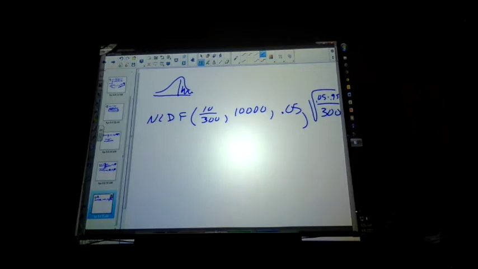Number 6, a manufacturer of cold medicine claims that 62% of adults will suffer from at least one cold during the winter. A sample of 200 adults is questioned. Is it random? It sure doesn't say it. Some of you are laying down and sleeping. I'm sorry for you. A sample of 200 adults is questioned. Random or not? It didn't say it, so you have to question if it's random.